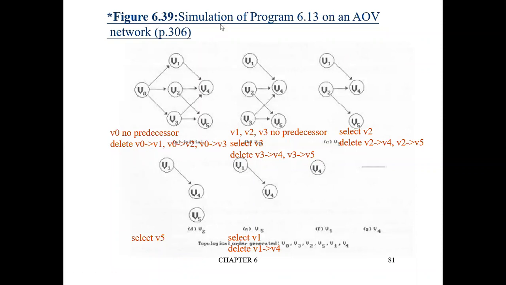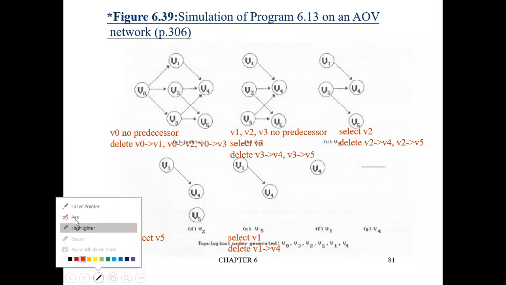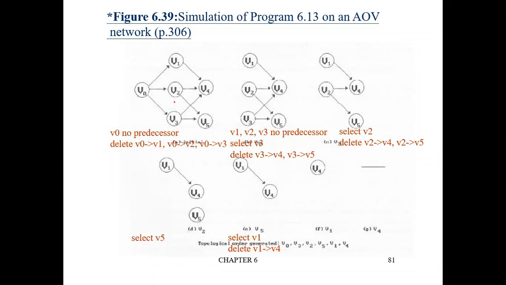Let us assume this is the graph or tree for which you need to perform topological sort. Actually it is a tree. There is no cycle here. It looks as if it has a cycle, but if you check the edges, all these edges are directed. There is no cyclic edge. So this is the graph without cycles.